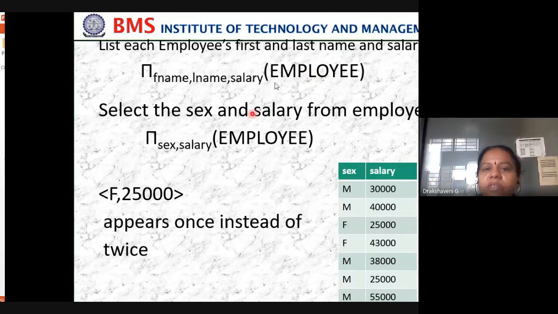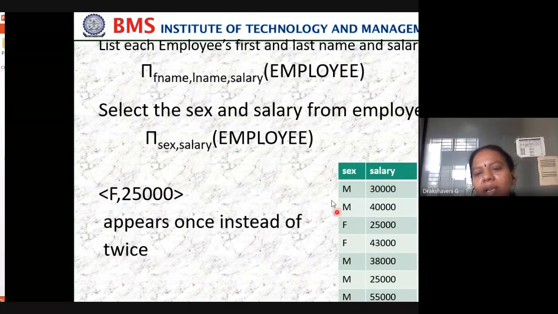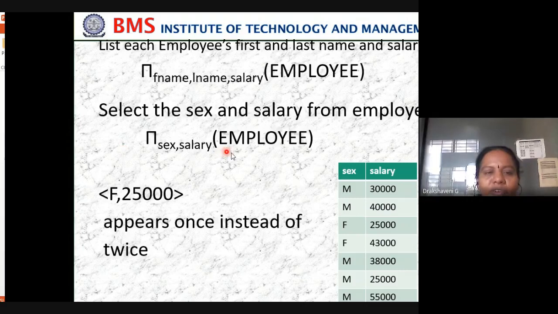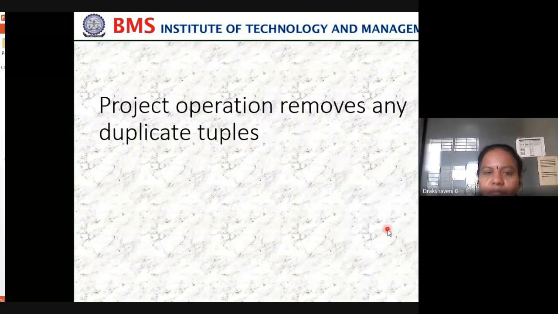Employee relation. In the same way, let us do one more. Which columns do I want? Sex, whether male or female, and salary. These 2 columns I want from which table? From the employee table. So this is what the resultant table will be. One example I have just shown you. This is your male or female column and salary column. For this query, this will be working.